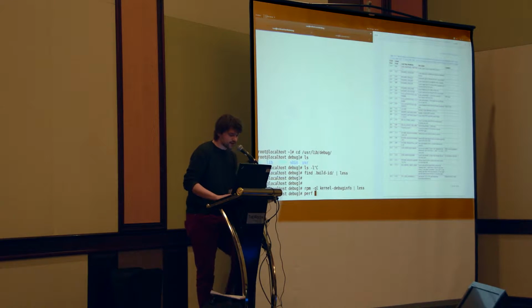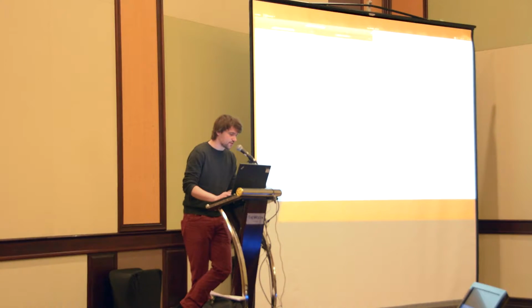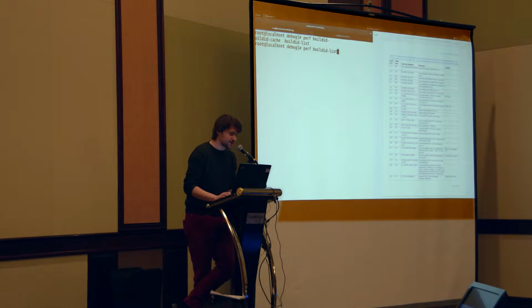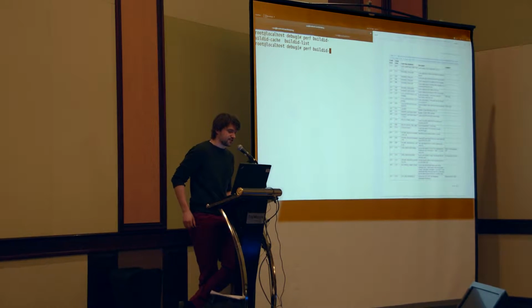There are also some commands which you can use to actually deal with this. Basically, perf buildid-list and perf buildid-cache. If you have, for example, specific programs where perf is not able to find the debug information, you can use buildid-cache -a and import debug information manually for specific object files. And buildid-list just gives you a list of